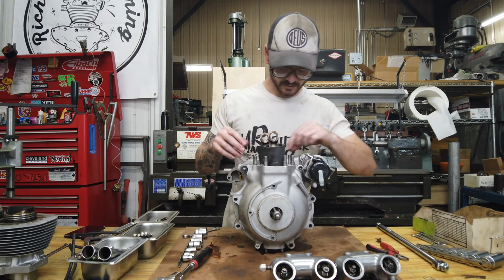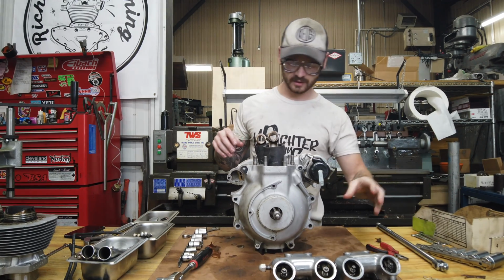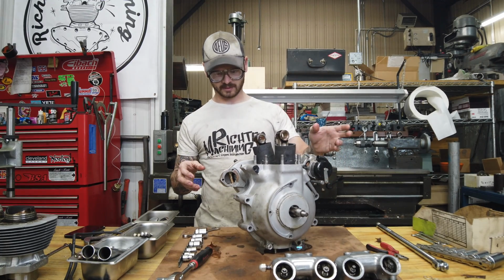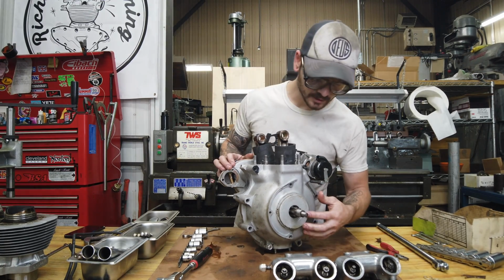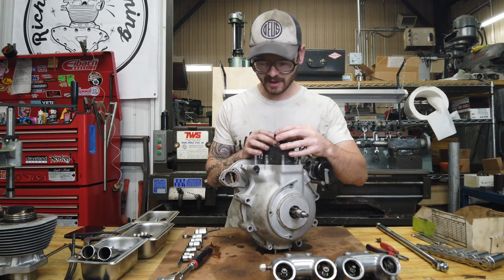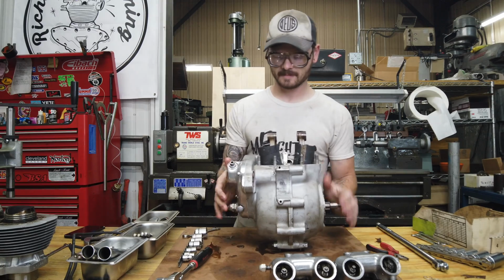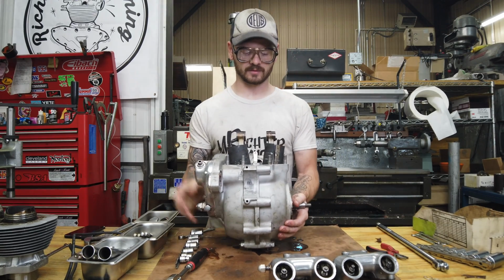So now that we're not so top heavy, I'm going to get this timing chest pulled open, and that way we can get the bottom end split. Man, I was really hoping that was just going to... Let me see if I can... You might be too far away, but...